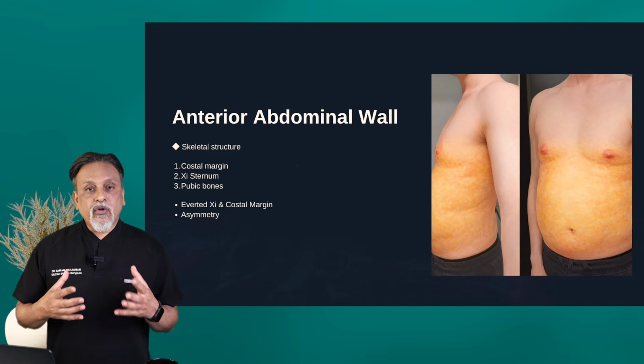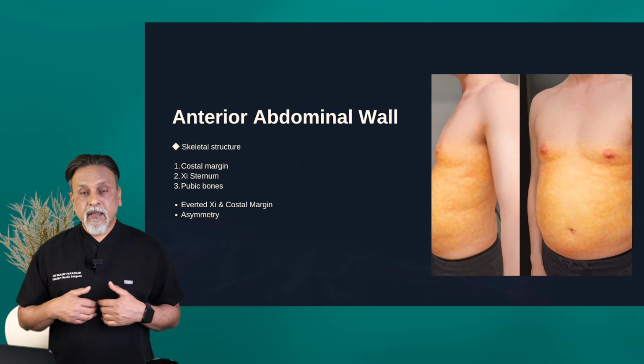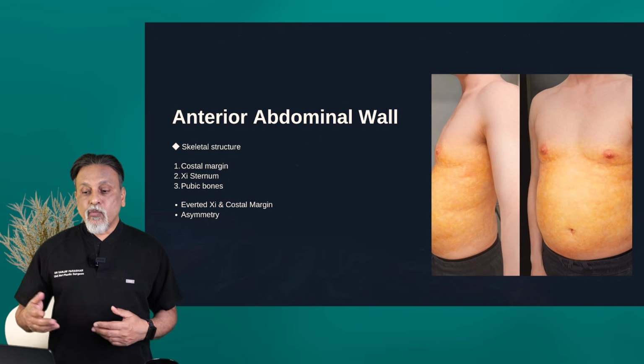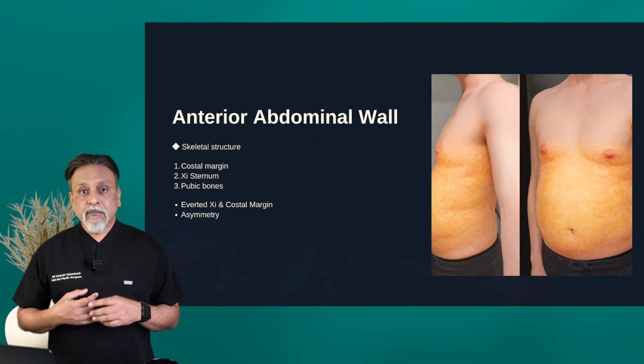Then you look at the musculoskeletal structure. The skeletal structure particularly, look at the xiphoid, the costal margin, the pubic bone and the iliac crest. And you may find abnormalities like pectus excavatum, pectus carinatum,